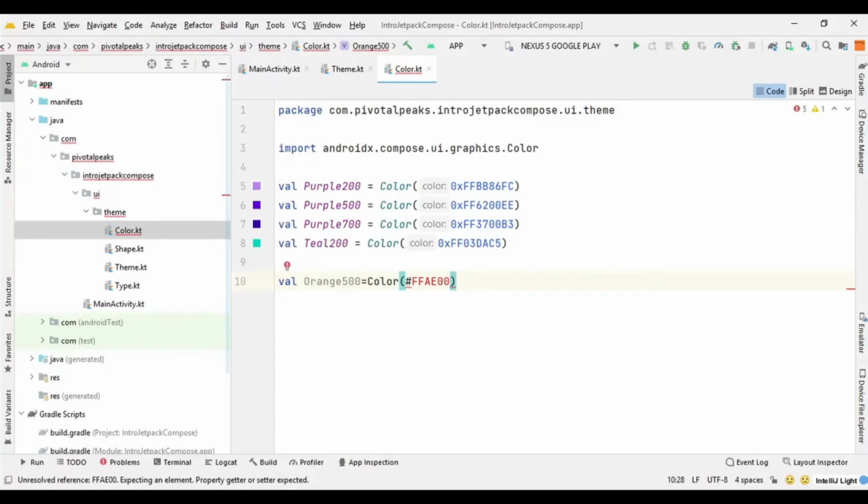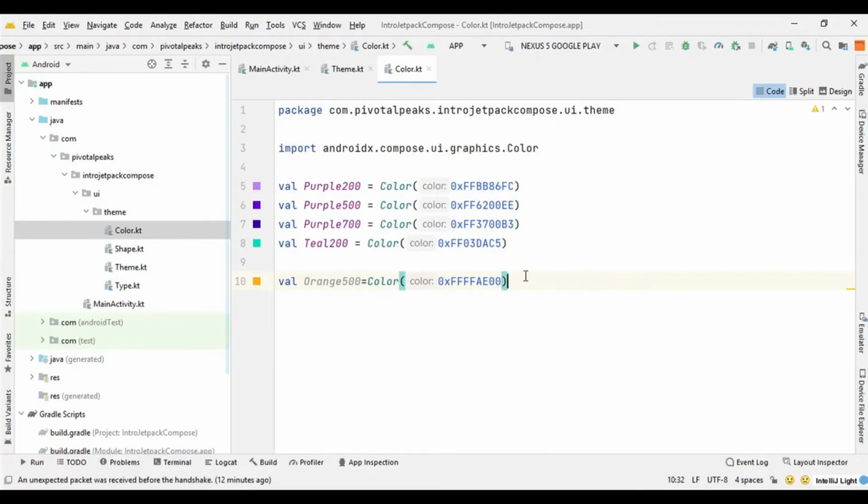So to convert this color into ARGB, you just need to get rid of this hash and write 0 x ff, and you get your orange color here. So that's how you convert your color into ARGB color. So ARGB stands for alpha. So to define alpha for the color, these two digits define the alpha for the transparency.